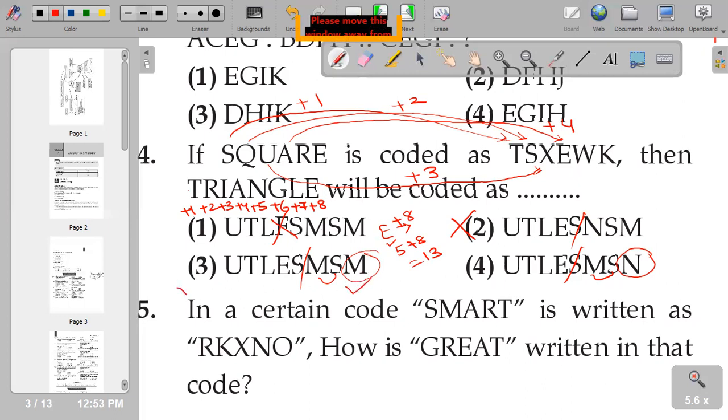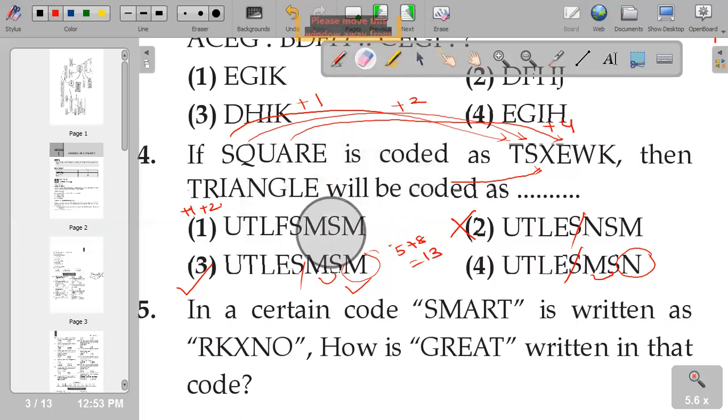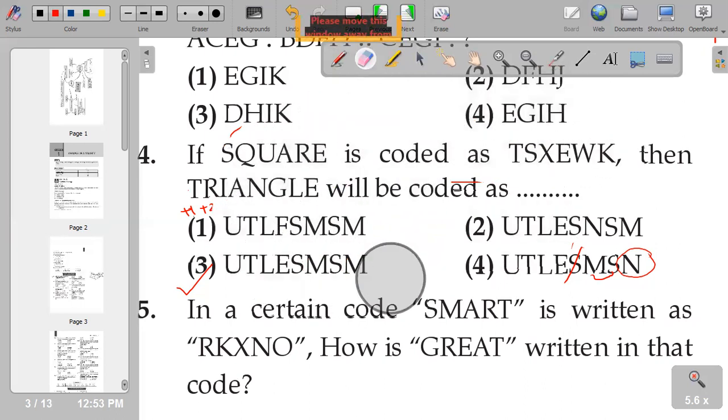So option number 3. It was a good question because all the options were very similar. We have to wait till the last to see which one is going to be finalized in terms of option. So it will be better to do the question in terms of option. So next we will do the next question.